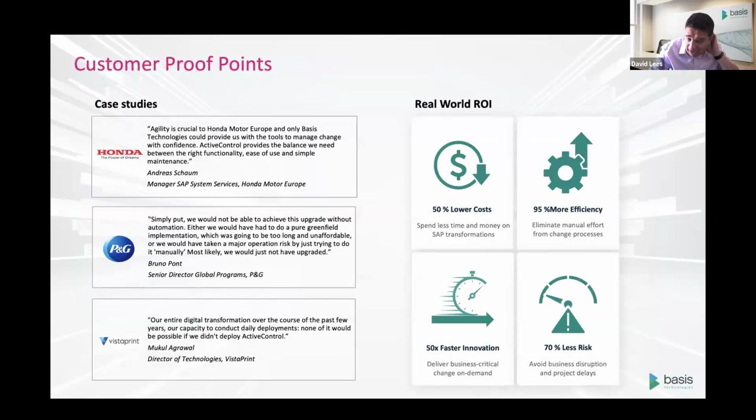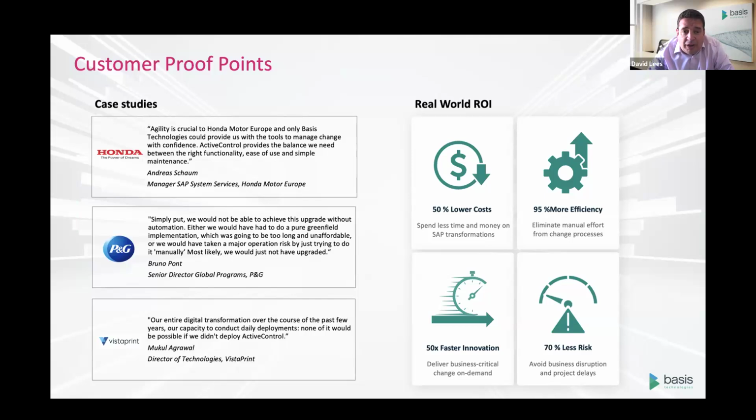Some of our customer case studies, I'm not going to read these out. You will get access to the slides, and you can find a lot of this sort of information on our website. But these obviously talk a lot better to the value that we bring than I can do. And I was a customer, so I did come from Procter & Gamble after having brought this software into the company before I swapped sides and joined Basis.